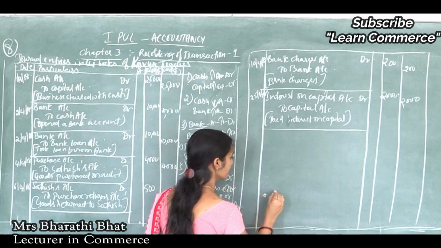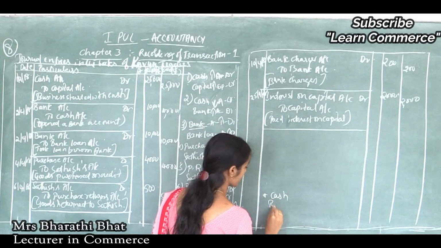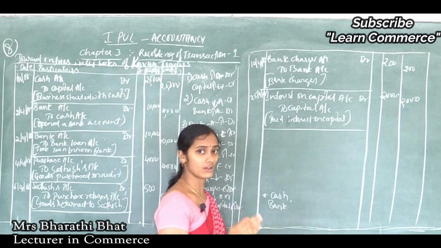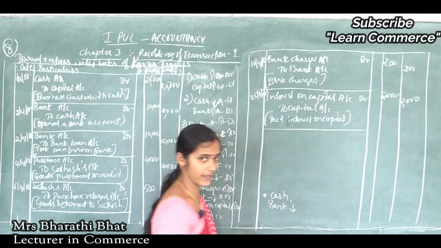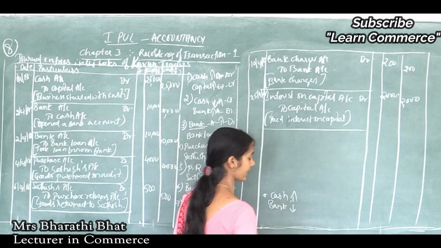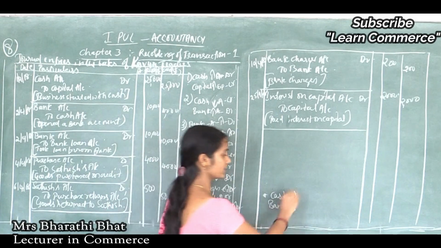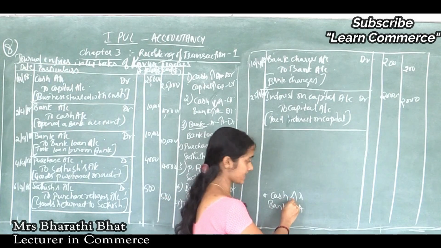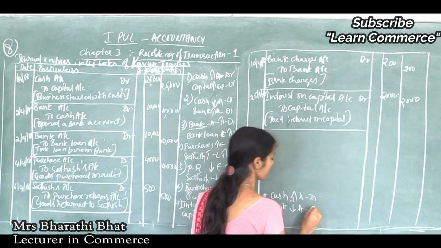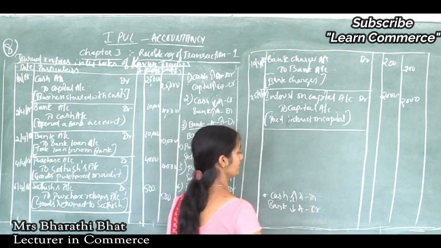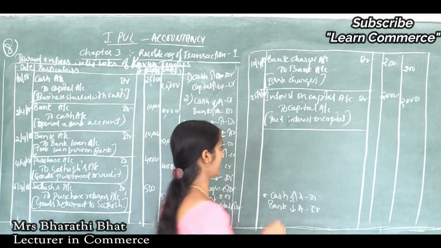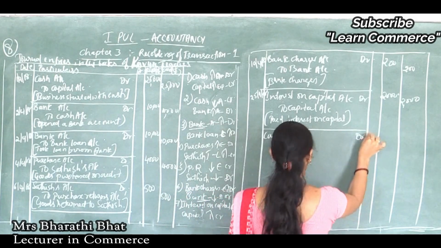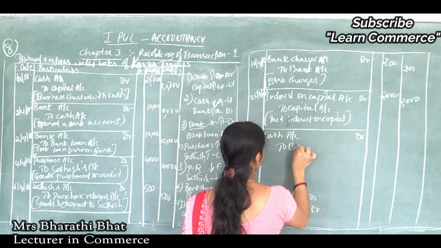Just see here, two accounts: one is cash, another one is bank. When we withdraw some amount from the bank, our bank shows a decreased value, correct? At the same time our cash shows an increased value. Both come under asset, and according to the rules of asset, increase in asset is to be debited, decrease in asset is to be credited. We should write the debit aspect in the first line. So cash account debited to bank account.